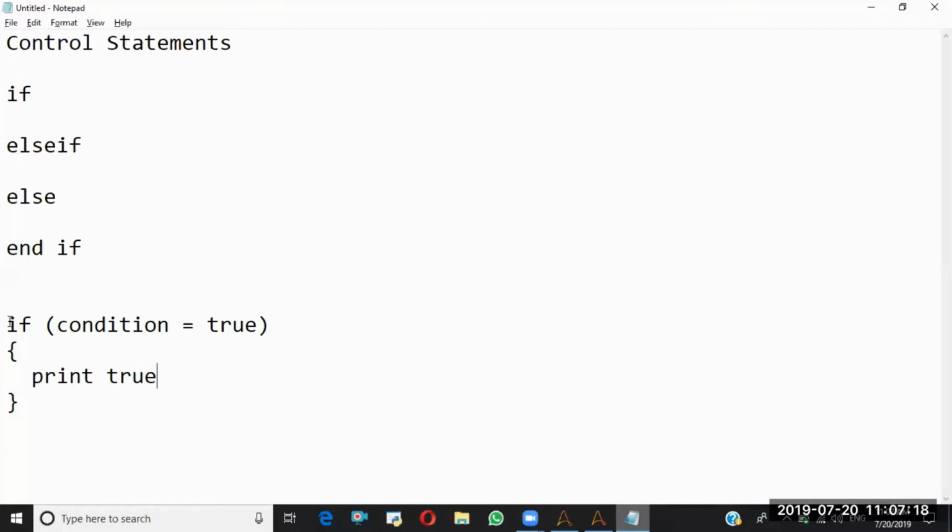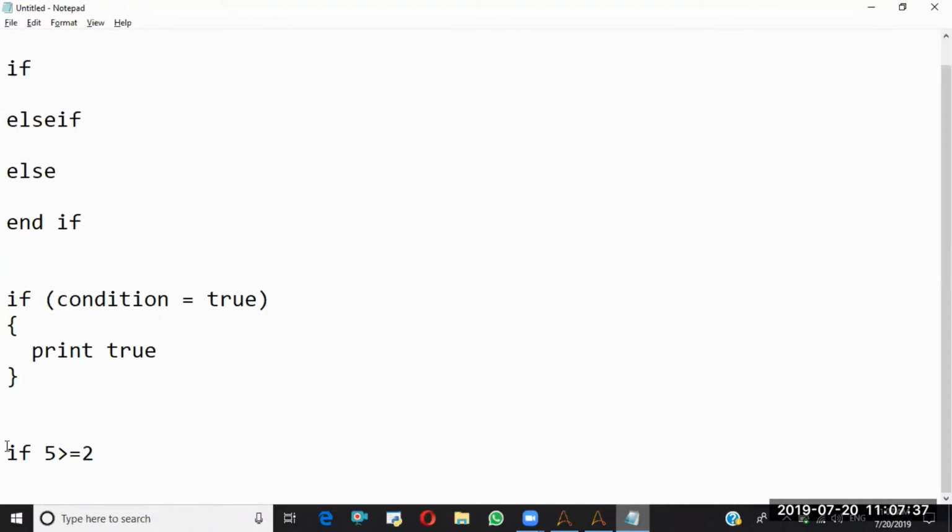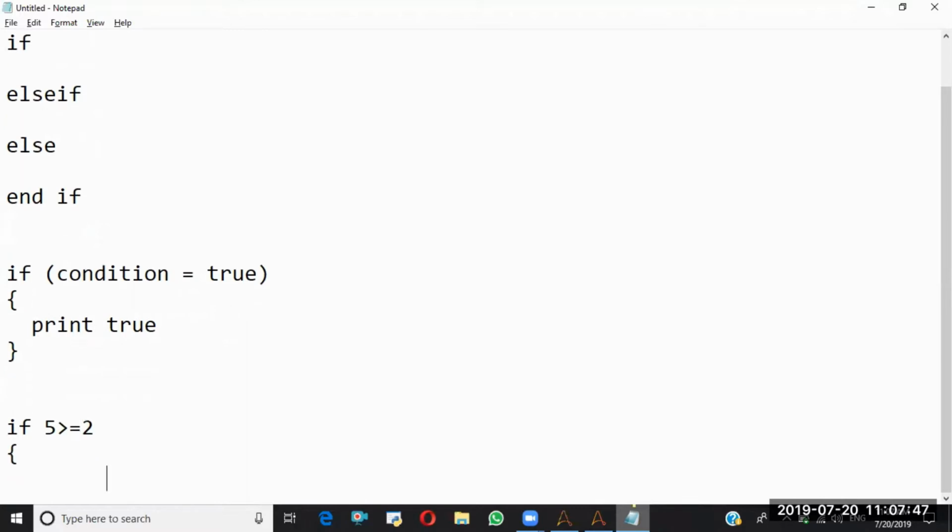Otherwise it won't run this block. How will it work? For suppose, if 5 is greater than or equal to 2. What does it mean? Here in this situation, 5 is the greater value or equal value of 2. Whether it is a true condition or false condition, this is true. In this scenario, it will run this block.